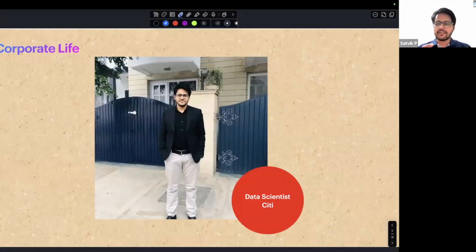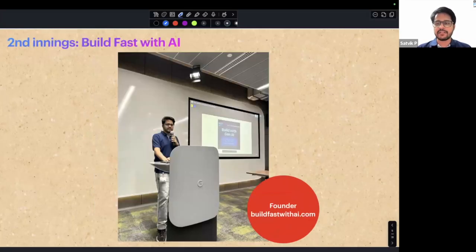So, in this session, I will try to couple my experience as a data scientist in financial institutions as well as someone who is running a generative AI startup today. First, I worked for 3-4 years in the financial domain, and for the last 1.5 years, I'm running Build Fast with AI.